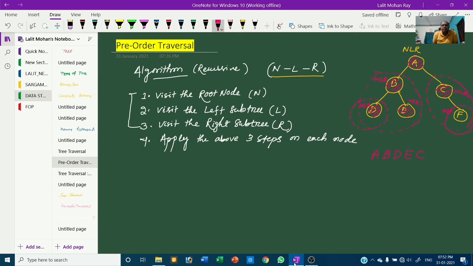Apply NLR. So N means root node. F will be traversed. No left and right subtree are there for F. So F is completely traversed. C doesn't have any left subtree, and the right subtree has been traversed. So the right subtree of A, which is having the root node C, is already traversed. So the complete binary tree which has the root node A has been traversed now, and these are the nodes in the proper sequence. So this is the result.